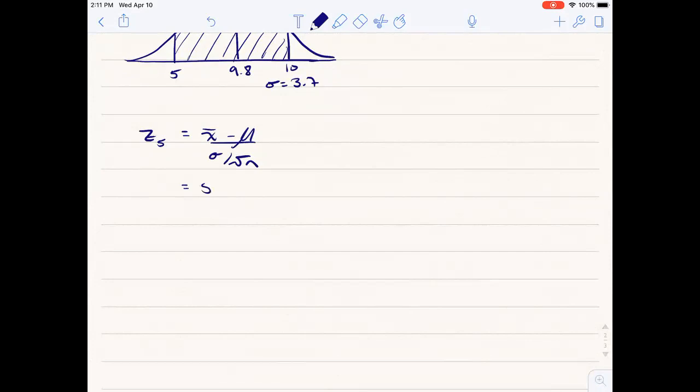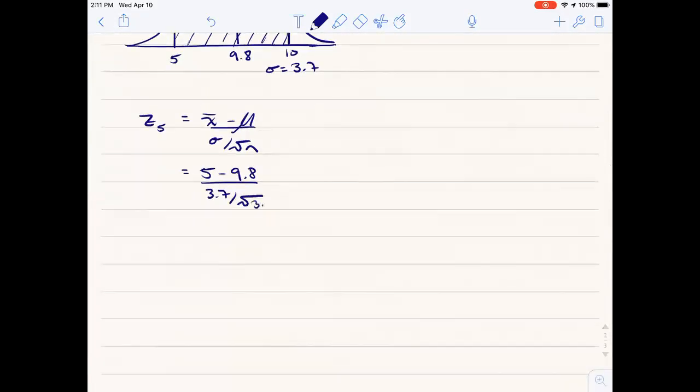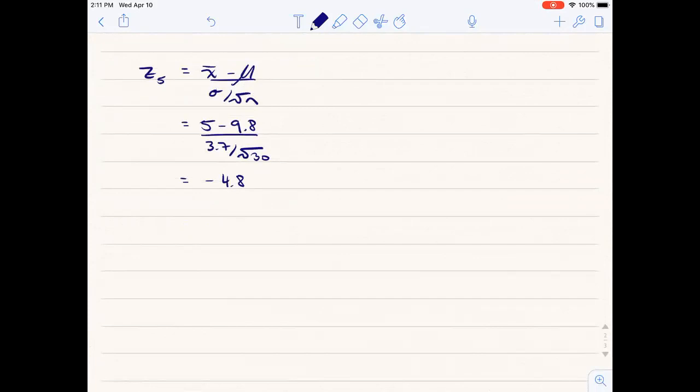So now we have 5 minus 9.8 divided by 3.7 divided by the square root of 30. Negative 4.8, and then I'm going to find 3.7 divided by the square root of 30